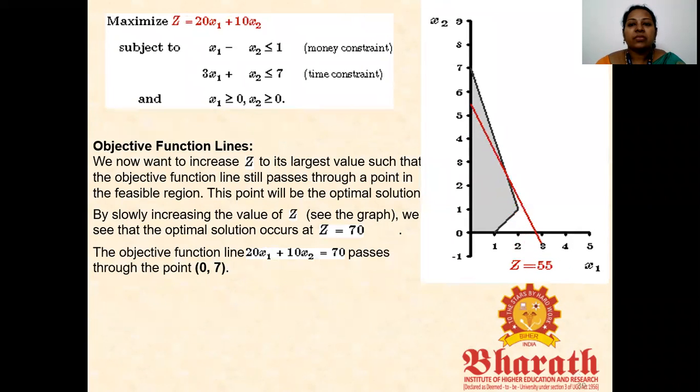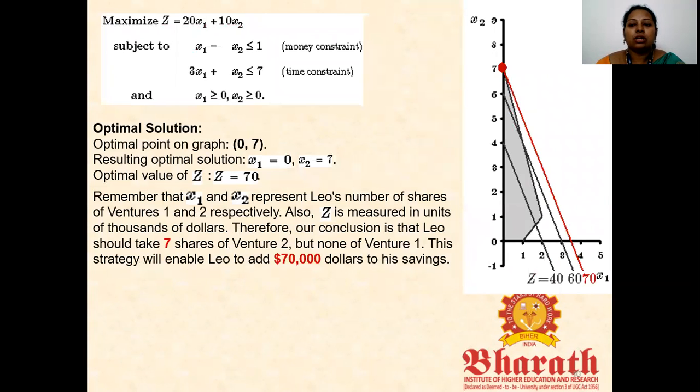Based on the boundary, you can get several points. If we select 0, 7, that is x-axis 0, y-axis 7, that is also one boundary point. If you put that boundary point, then we get z equal to 70. Similarly, we have to collect all the points. Based on all the points, we may get one objective function value of 40, another 60, then one more 70. Among all these values, we get the maximum value only at the point with 70.